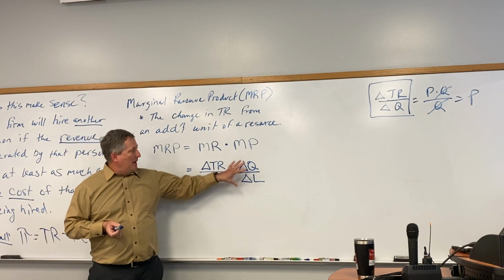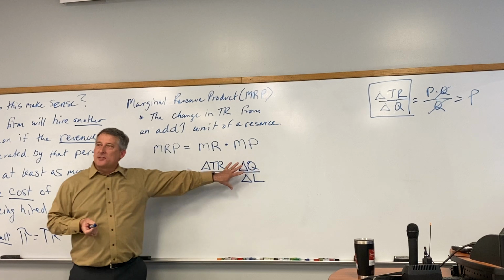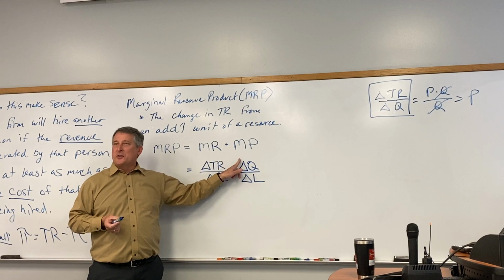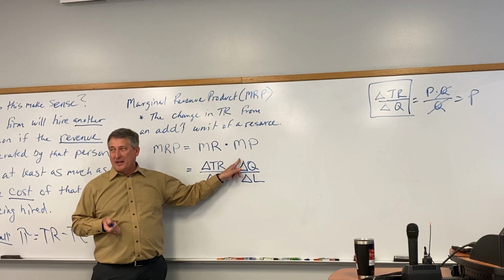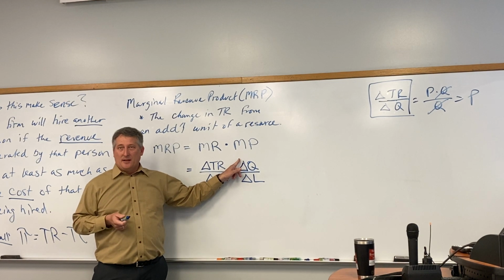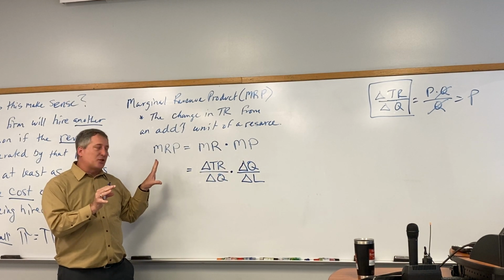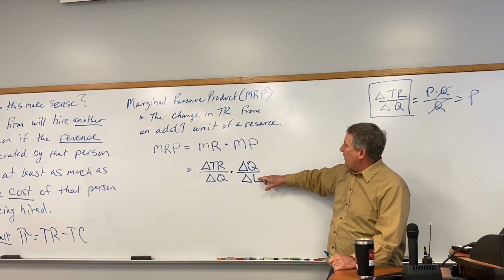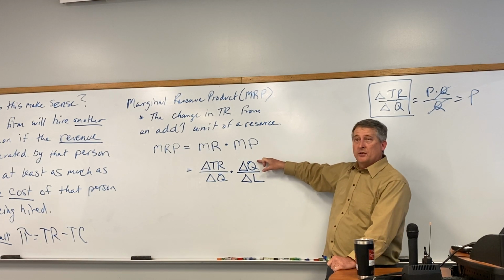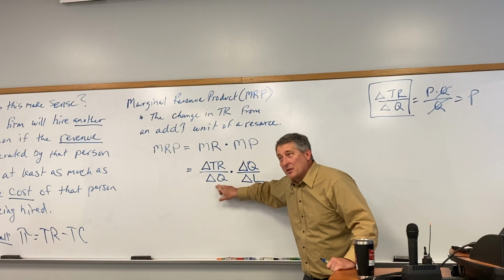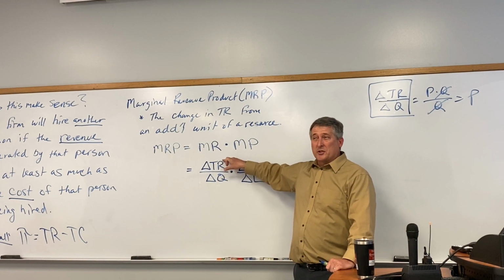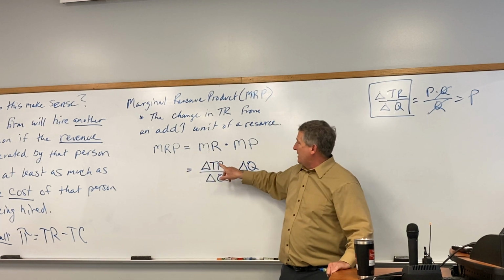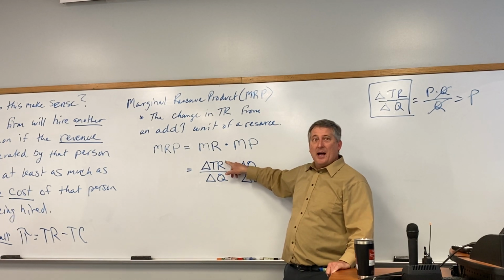Okay, so if you look at this, it kind of tells the story that we're trying to get to. So check it out. We got a change in Q here and a change in Q here. If we were simplifying this thing, what could we do? We could cancel them, right? But I'm going to leave it there just to think about the change in events. The marginal product says I add another worker, and that worker makes 100 hamburgers. Those 100 hamburgers lead to $200 in the cash register. You with me? So it sounds to me like the marginal revenue product curve is the revenue generated by an